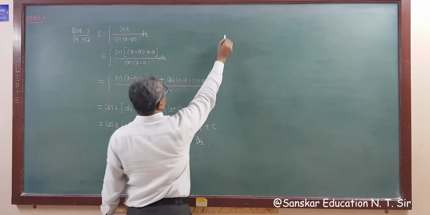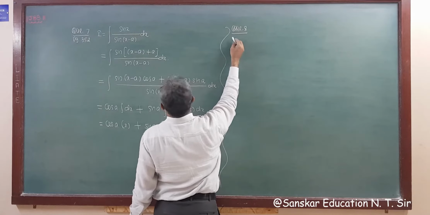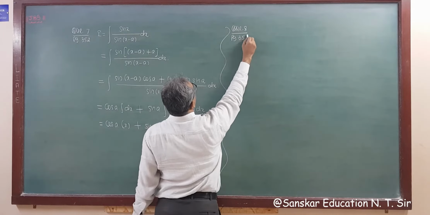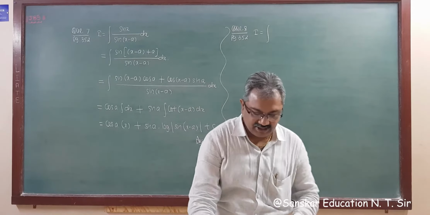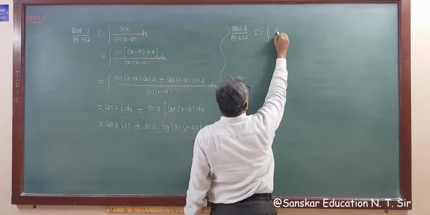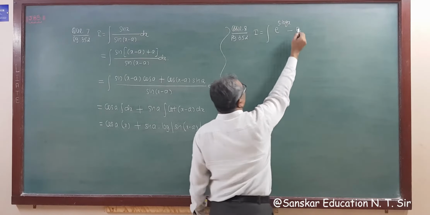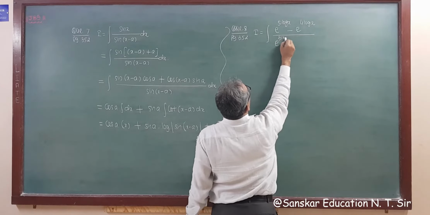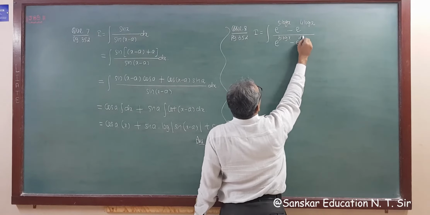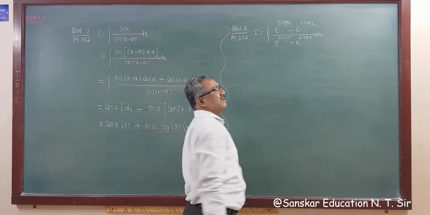We have some space. So question number 8. Question number 8, page 352 is given, I is equal to the integral. Question number 8 is a very important example for MCQ. e raised to 5 times log x minus e raised to, I think so it is, 4 times log x, whole upon e raised to 3 times log x minus e raised to 2 times log x dx. So this is a nice question and important for MCQ.